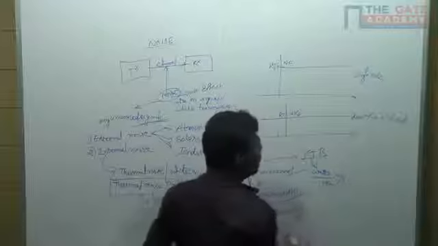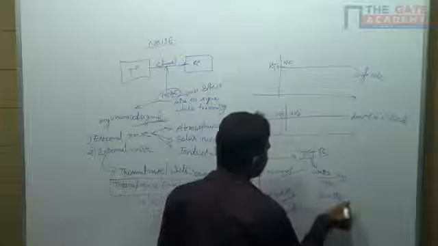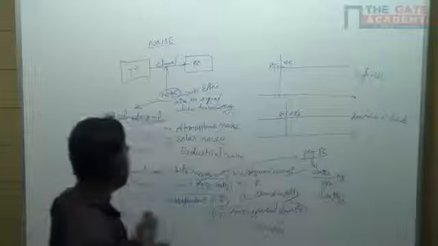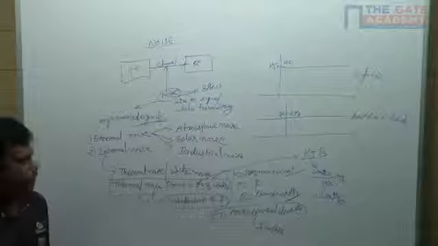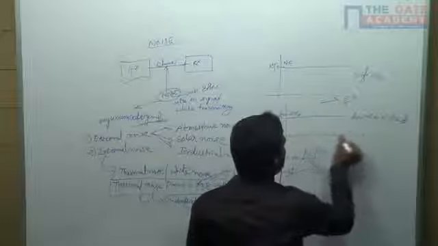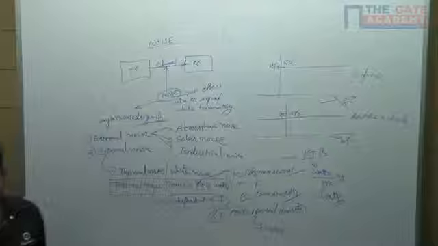Hertz gets cancelled, and you get watts as the unit for the thermal noise power. These are the basic things about that. This is spread over the time or frequency scale, single sided and double sided. Now if you'll see